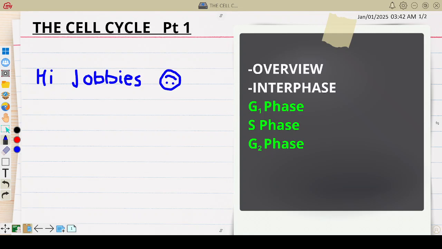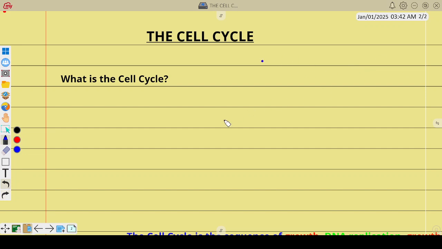We're looking at the cell cycle. In this lesson we're going to have an overview of the cell cycle, and then we go to interphase and look at the phases under interphase. This will be a very short topic. The lessons will be 3 under this topic and we'll be done with the cell cycle. We'll keep them very short. So we can start with the